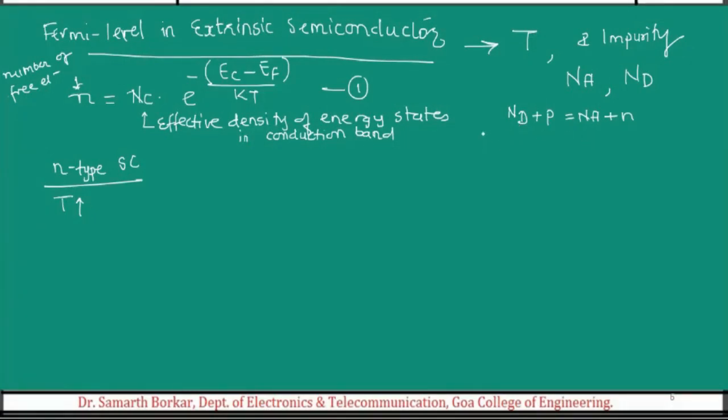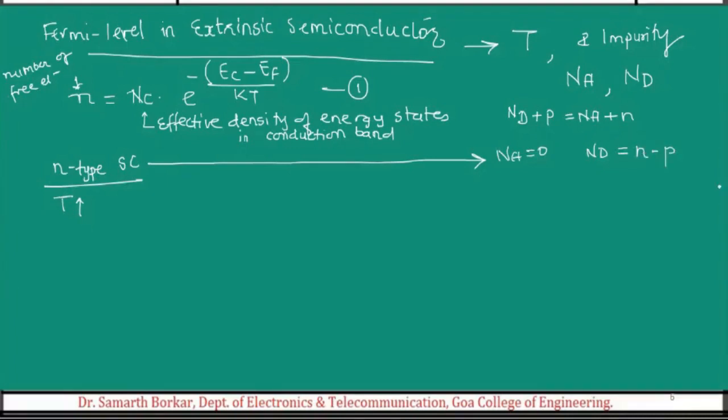Now for an n-type semiconductor, there are no acceptors. What we have is simply the donors. For example, the impurity here is of type phosphorus. What this phosphorus does is give out one electron. So the net charge of that particular atom becomes positive, because it has let loose one electron. So Nd will be equal to